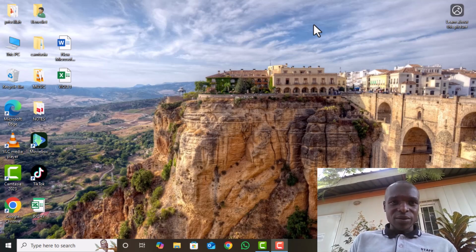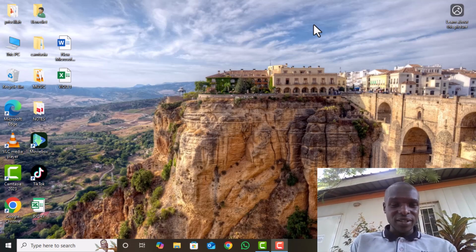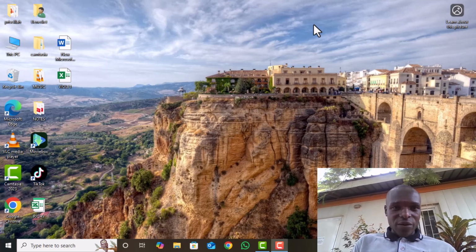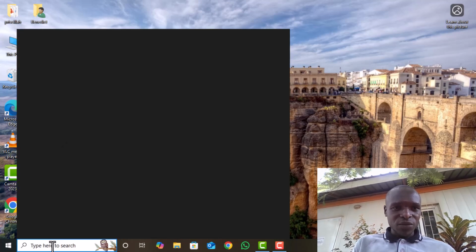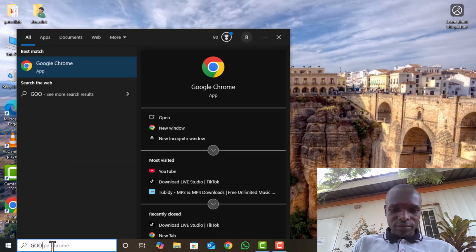Yes, if you want to translate from your language or any language to the language of the native land, you can easily do away with it in this way. You can go to Google Translate. For you to easily get it, you go to the search bar on your computer, then you just type Google,